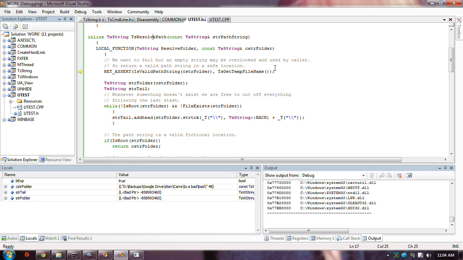But generally speaking, supposing that the path string is an invalid path string, this thing returns a string of some sort, and that string is meant to be a path. Well, if I return a blank string as an error condition, let's say, then that could be a bad thing.